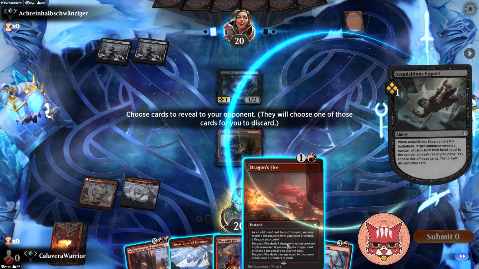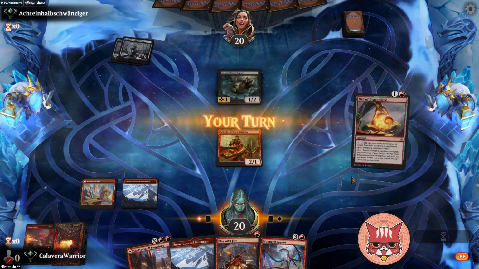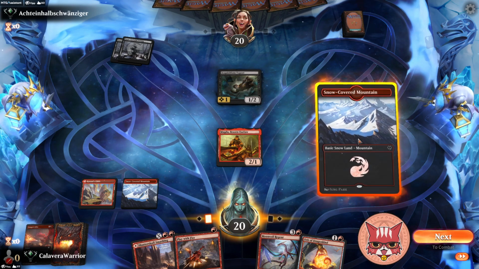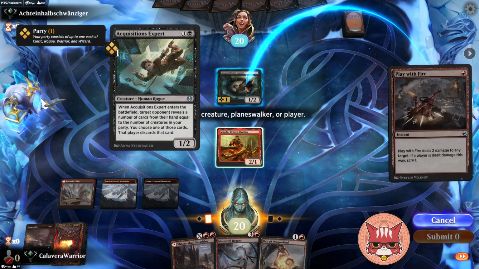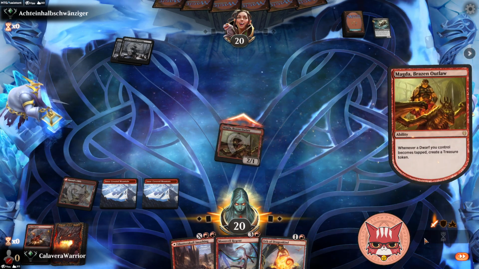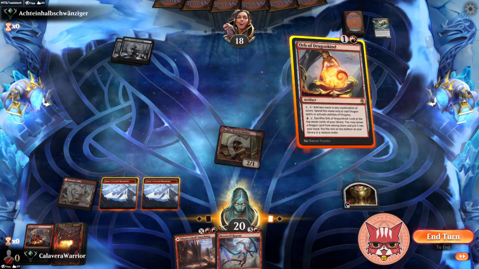I guess the Dragon's Fire is fine. Play with Fire still hits the Expert, but lets us play another card. Actually, that worked out perfect, too. So we can do this. We can do this, which I hope is worth it, because we want to be able to swing with the Magda without losing the Magda. I guess either one would have been fine, because we had enough mana for it. We just didn't know what we were drawing was the thing, so...